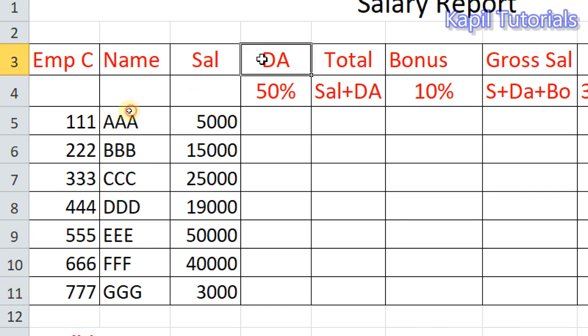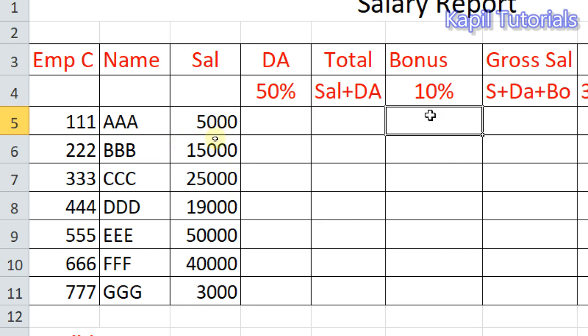Then certain conditions: DA is also kind of a salary. I have written here 50% of this salary. That means this is based upon the basic salary. This is DA. Then total salary is salary plus DA. So whatever DA comes, this and this should be added to get the total.